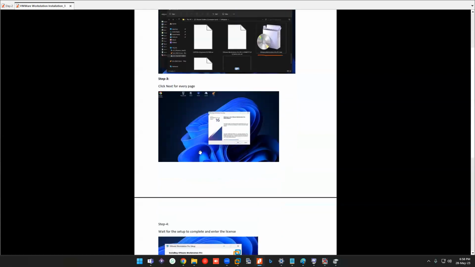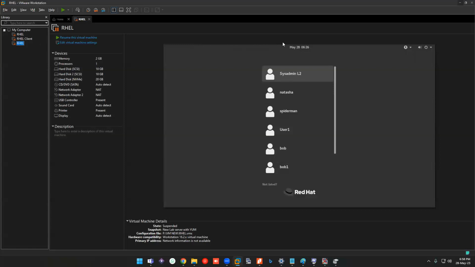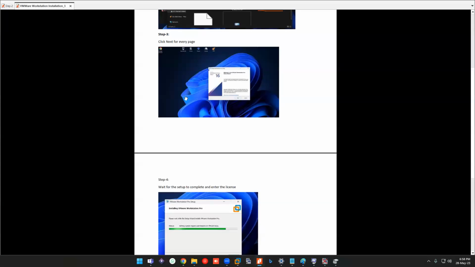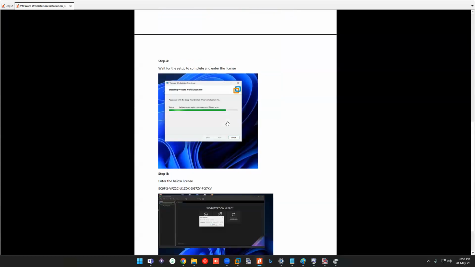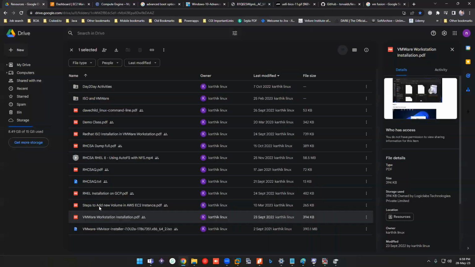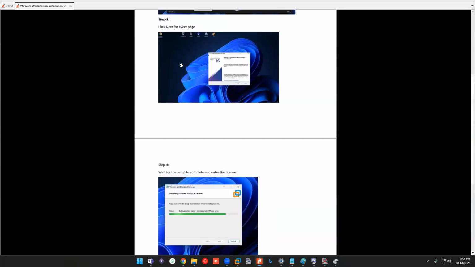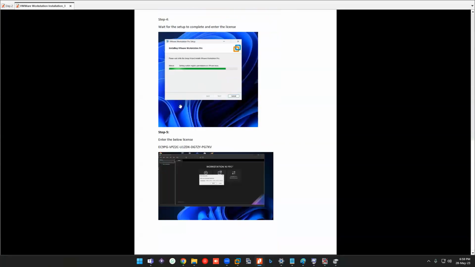So you just double click it. I could uninstall and reinstall, but it will take a lot of time. So it is just like a typical installation. That is the reason I created a document for this one, so it is already here. So VMware Workstation installation. Just double click that, and please do download and install it if your system is capable enough.